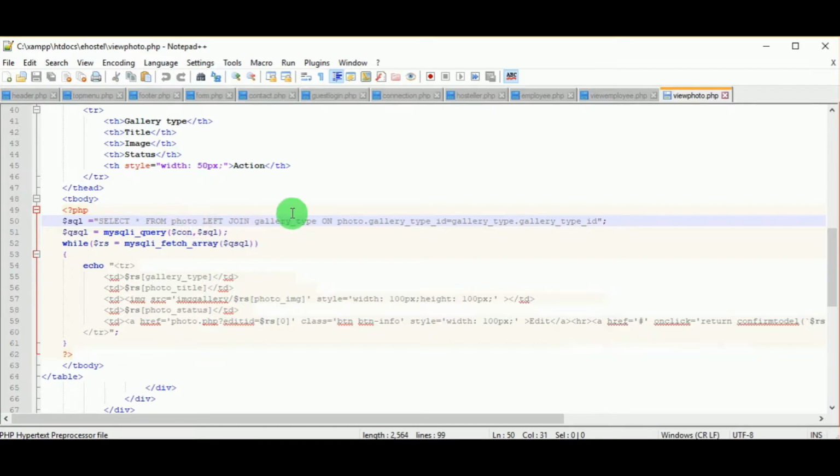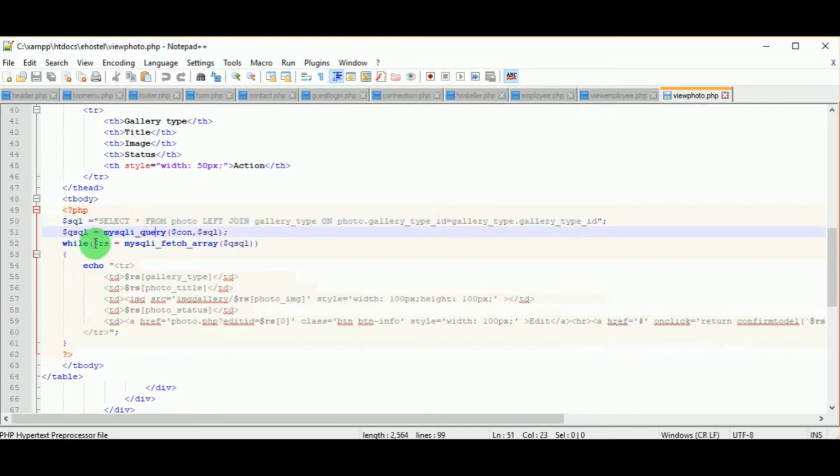Then left join, you are using gallery type from the table gallery type, and you are using the foreign key here, that is gallery type id, which is in both the gallery type table as well as in the photo table. This is how the value from the gallery type field is fetched in the photo table.